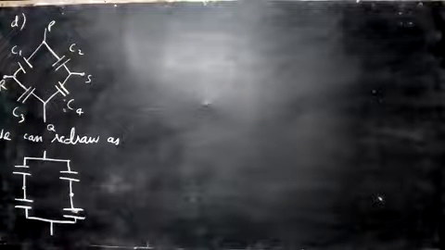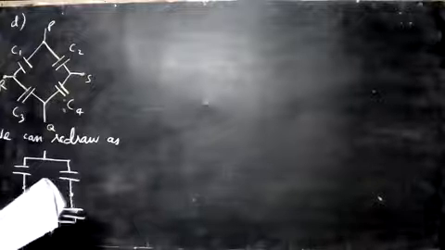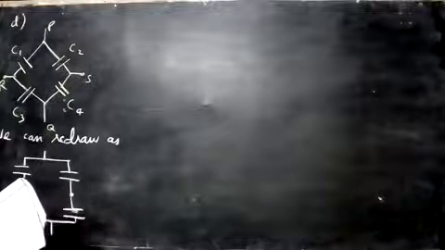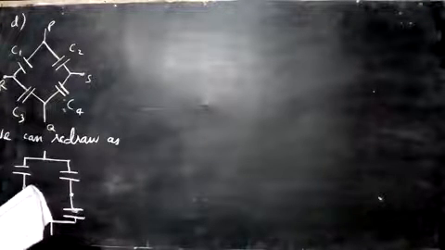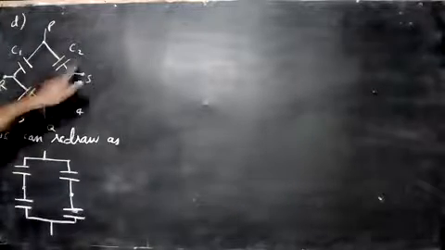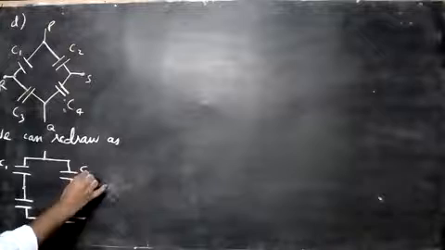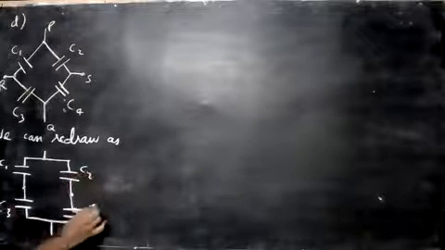Okay, they ask us in the question, if you see, just take the book here. Find the capacitance across PQ, and across RS. So you must find the capacitance across PQ and across R and S. Very simple. So now we just need to mark down C1, C2, C3 and C4.